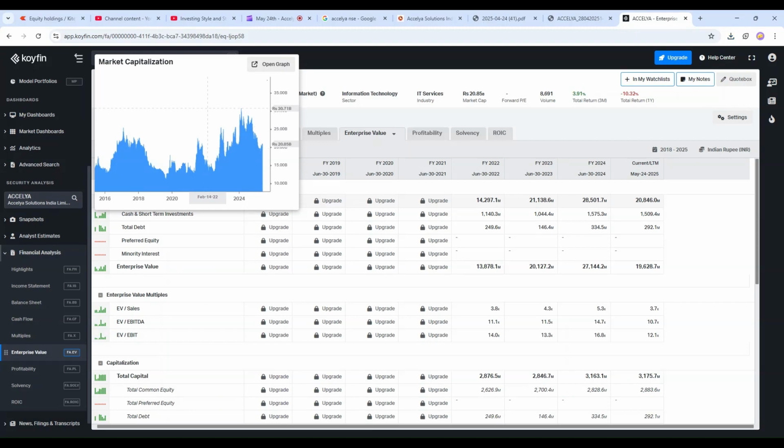So when the dividend yield is low, the market cap will always revert to the mean. When the dividend yield is high, other people will come and buy in to reduce that dividend yield. If the dividend yield is low, that means the share price is high, then people will not look to buy that. So there will be fewer buyers, more sellers, and the share price might come down.